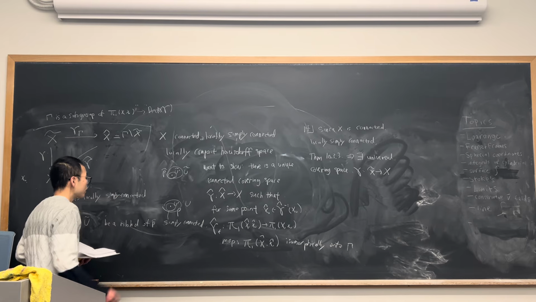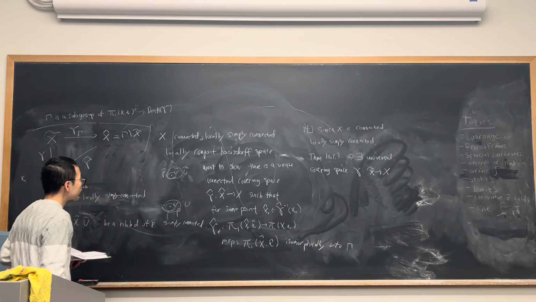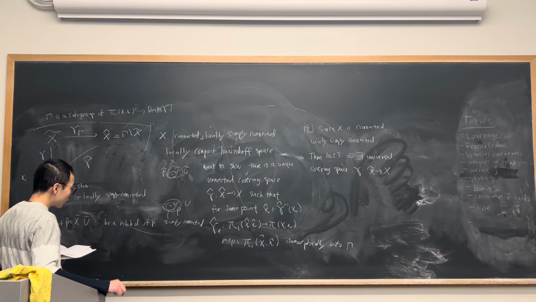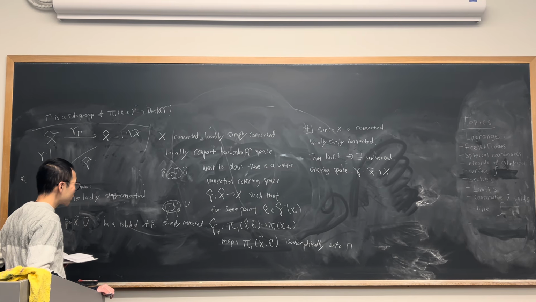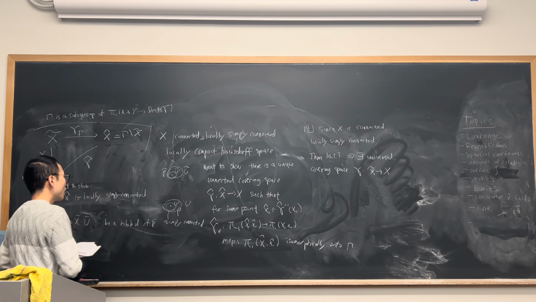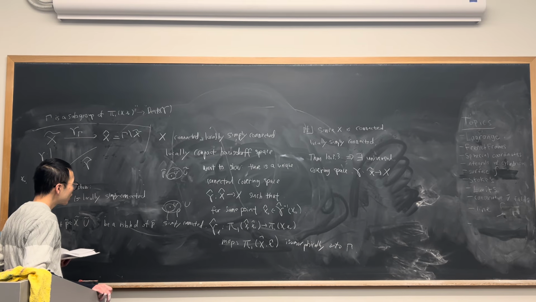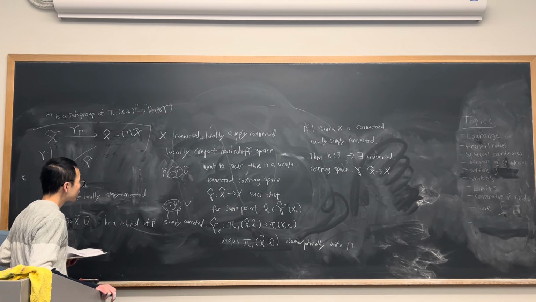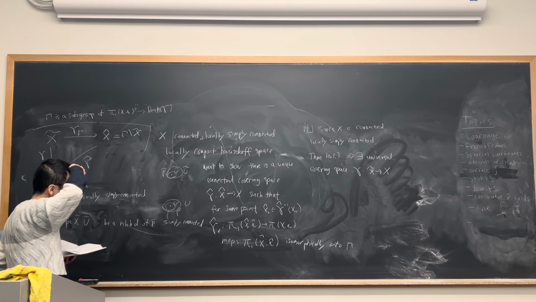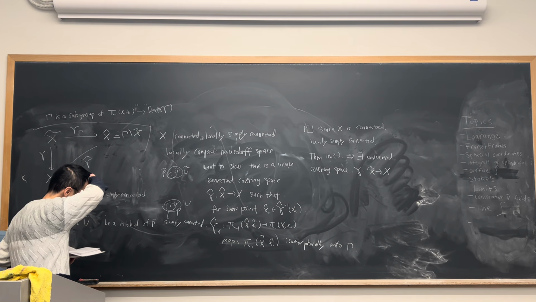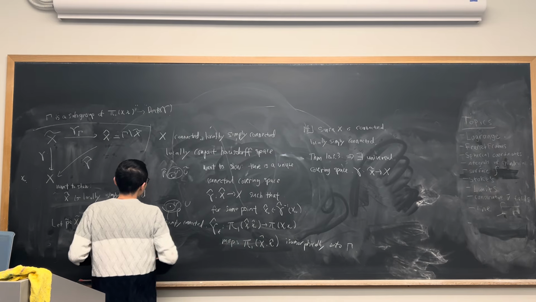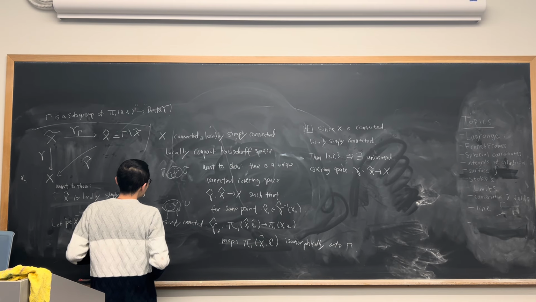So the question is, this is a homeomorphism, so the question is whether the homeomorphic image of a simply connected set is still simply connected. I think so, right? Basically, if you take any path, take any path, and then you